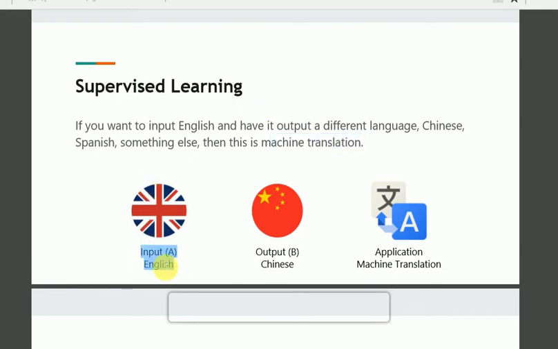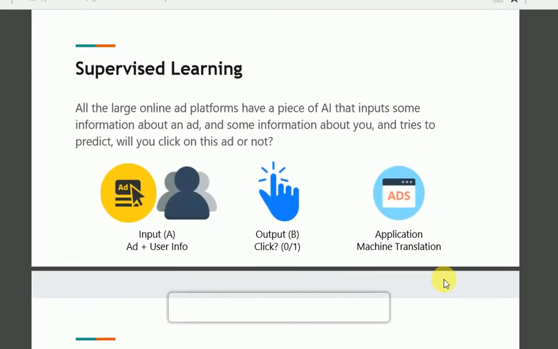We are giving the language English and we want that English to be converted into Chinese. So the machine or application translates it. After that, the input is an advertisement. We want the user to click that ad, that bar. So we show the thing of their interest.